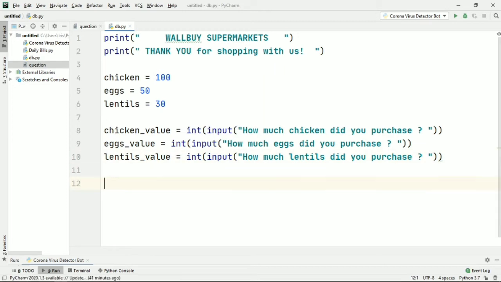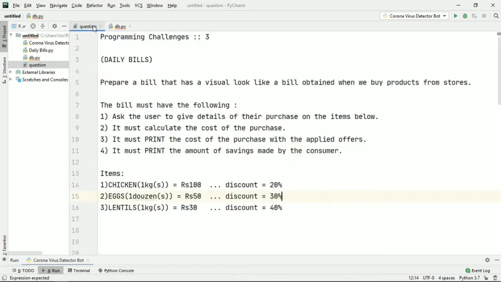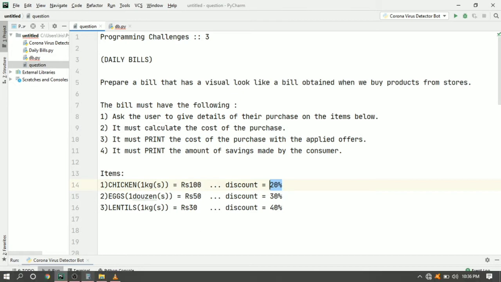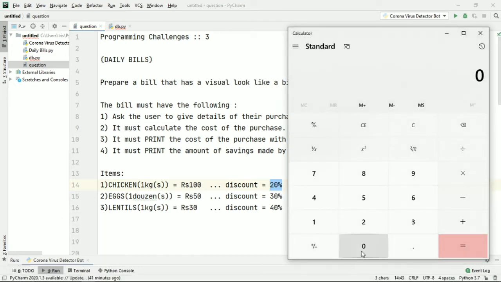Okay, just name it total cost is equal to. Okay, so now let's talk something based on the discounts, right? So we've got 20% discount on chicken. So that needs to be applied. So let me just open the calculator. So if you go to do this, 20% means 0.20 into 100, right? So the cost is 20 rupees. So this is illogical. This is not right because we are taking 20% as a value and we are multiplying it by 100, which is wrong.